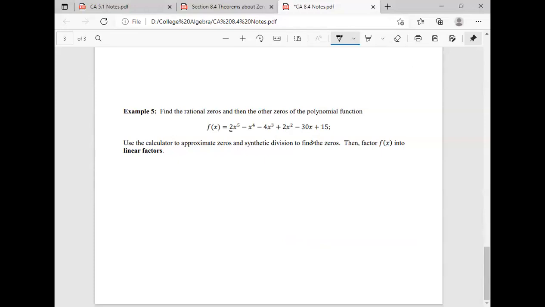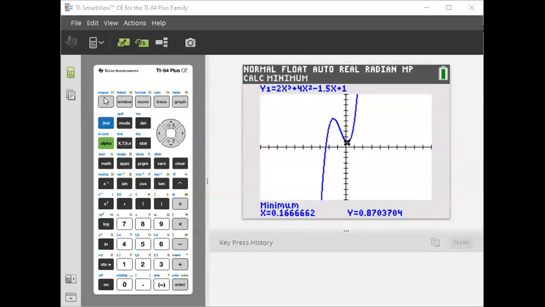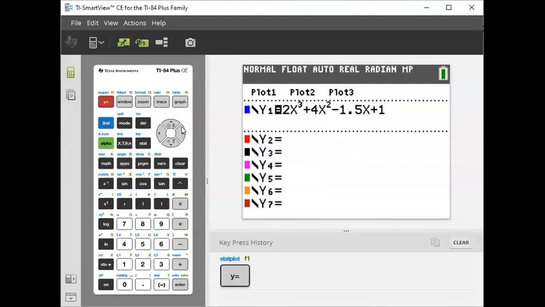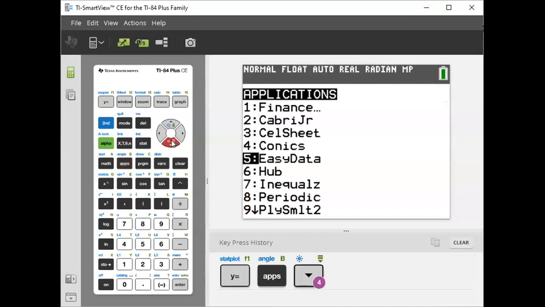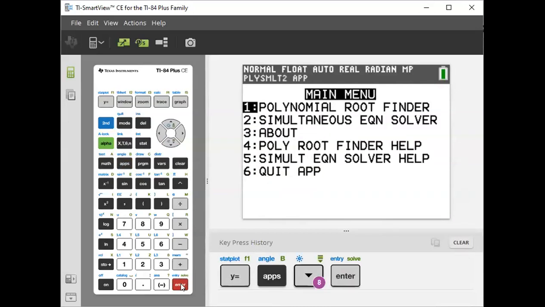So if this is me and I'm trying to work this problem, I know I'm going to have to divide out to get this problem started. So what I probably would do is go to my graphing calculator and go to the app and see, can I find any real zeros if I do that? So I'm going to go to that polyroot finder in the calculator. I'm going to go to y equals, and nope, that's wrong. I'm going to go to my apps, and I'm going to go to Poly Simulator 2, hit enter,